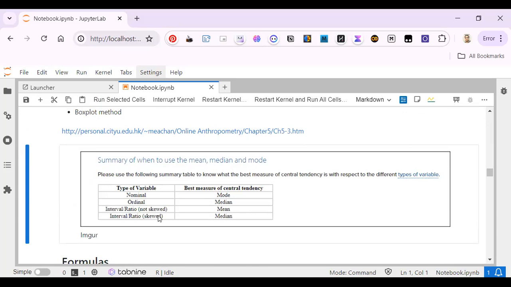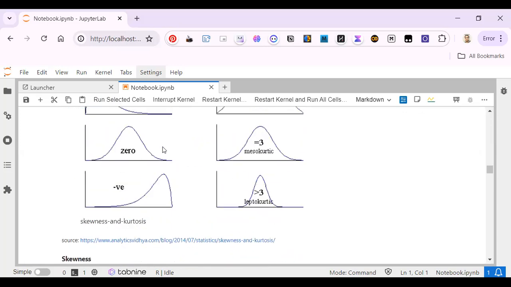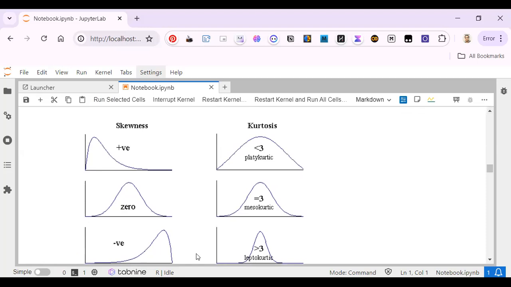Now if it is skewed, then what do I have to look at? We have to look at the median. For example, this is also skewed, this is also skewed. Most of the people are around the median. So here the median is on the right side, here the median is on the left side. That's where we move ahead, and we have to understand how these graphs are related